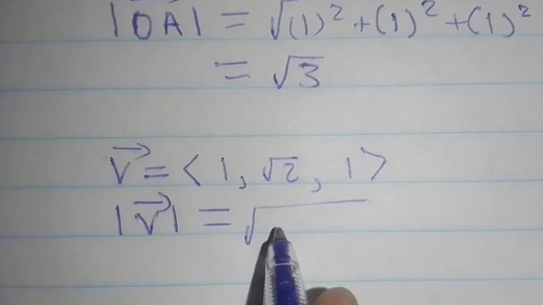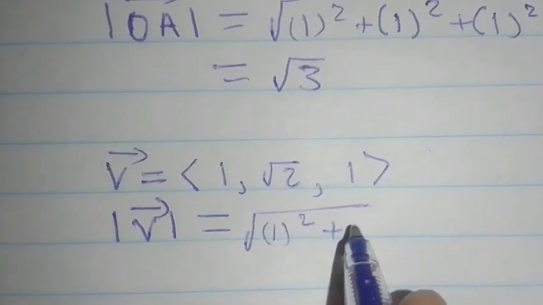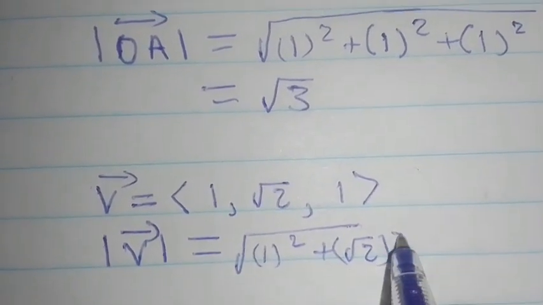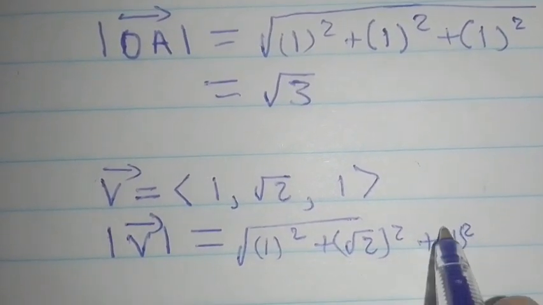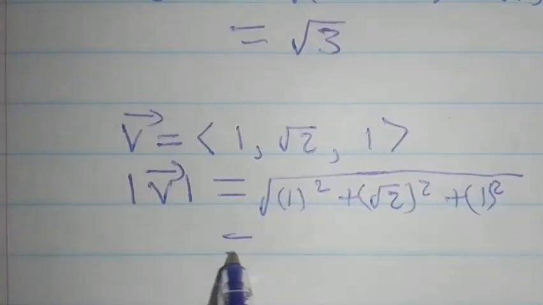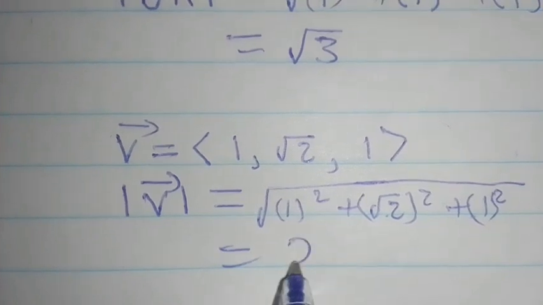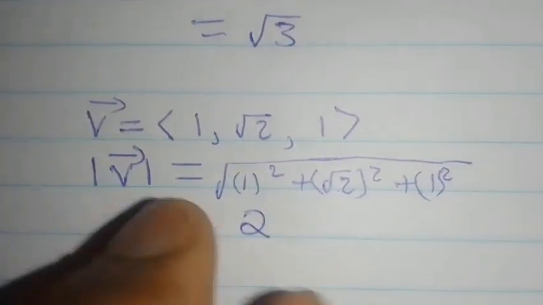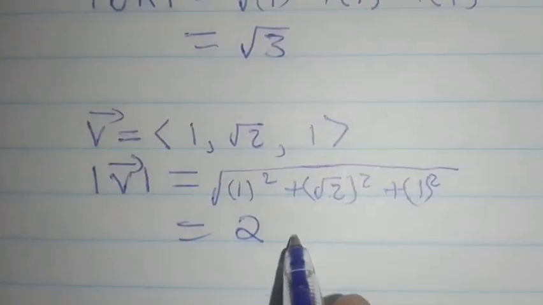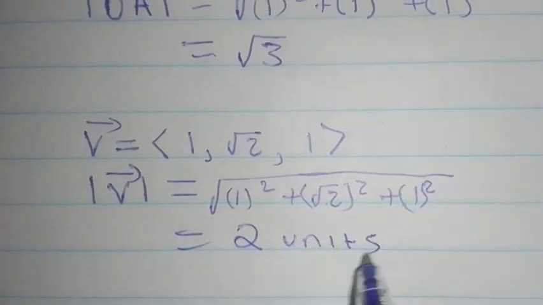So you're going to have the square root of 1 squared plus root 2 squared plus 1 squared, all inside the square root. So you'll have 1 plus 2 plus 1, that's just going to be 4. The square root of 4 is 2. Now this vector is only 2 units long,